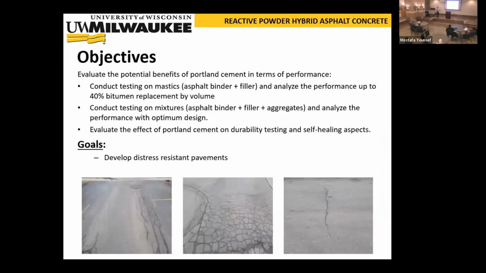The idea of any pavement-related research is getting rid of the distresses, right? That's what we always try to get rid of, and at the same time improve or open new doors for new materials, new research ideas and projects for our PhD students. So this was a PhD study for